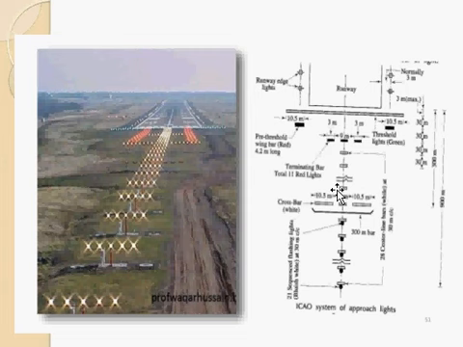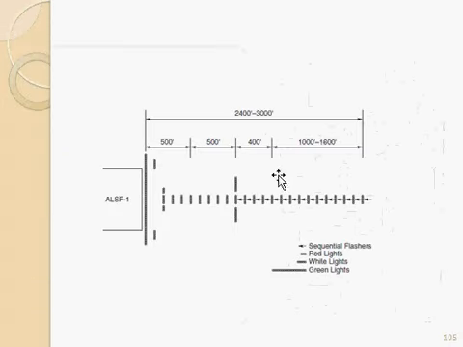From the runway threshold, you will have lights at 30-meter intervals like this, and at a 300-meter distance from the threshold you will have a crossbar or transverse bar. Here it is written as feet, so you can say 1,000 feet, which means at 300 meters you will have a crossbar like this, and these are the lights at 30-meter intervals. In total this much is 900 meters. So that is the ICAO system.